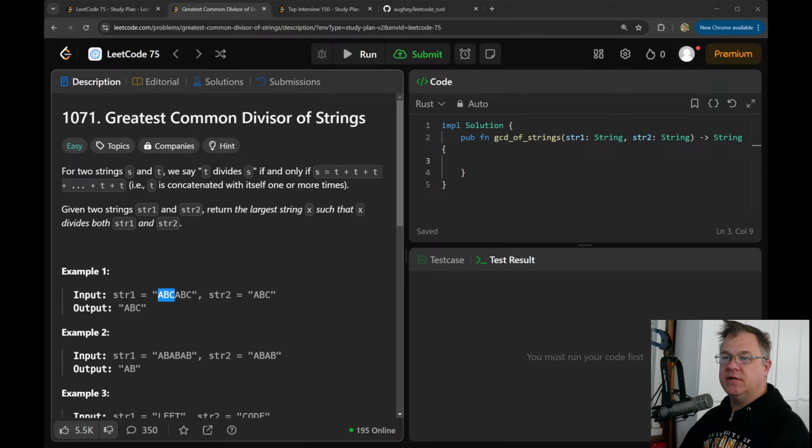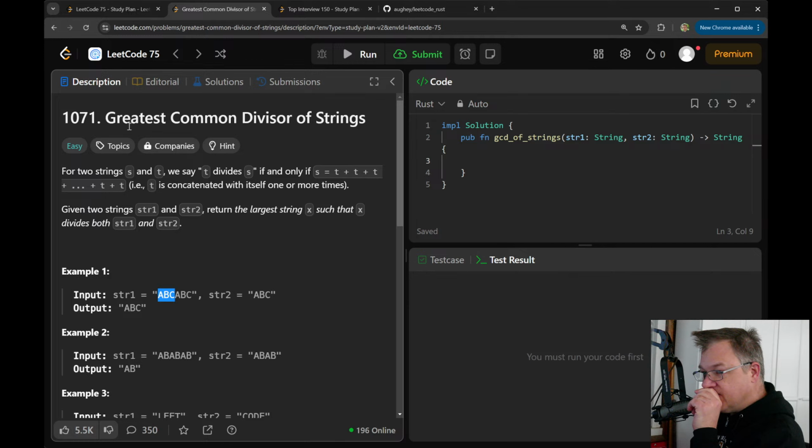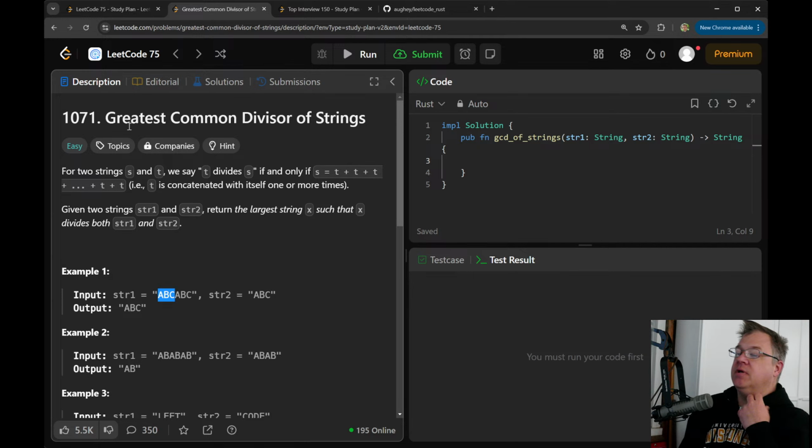So we just have to build out our strings. Like I said, I think we can use either one, but we might have to use the shorter of them, but I'm not sure if that's true. No, we can just use either one. So let's just use stir1.